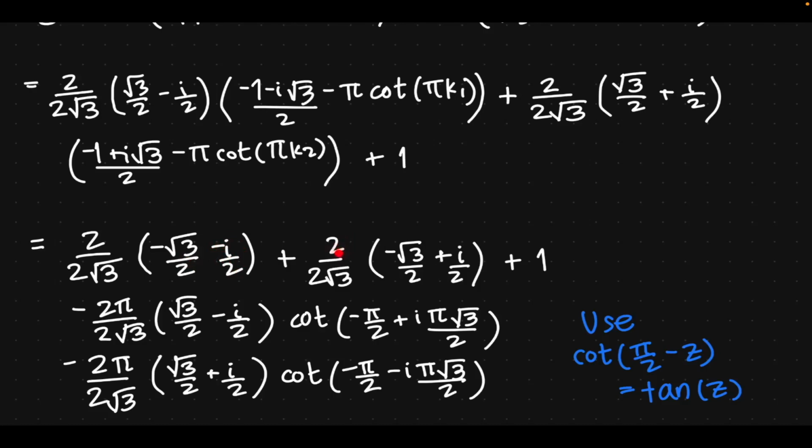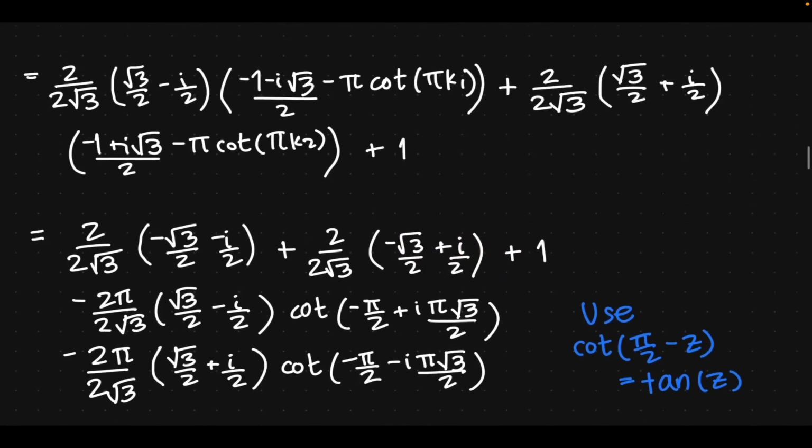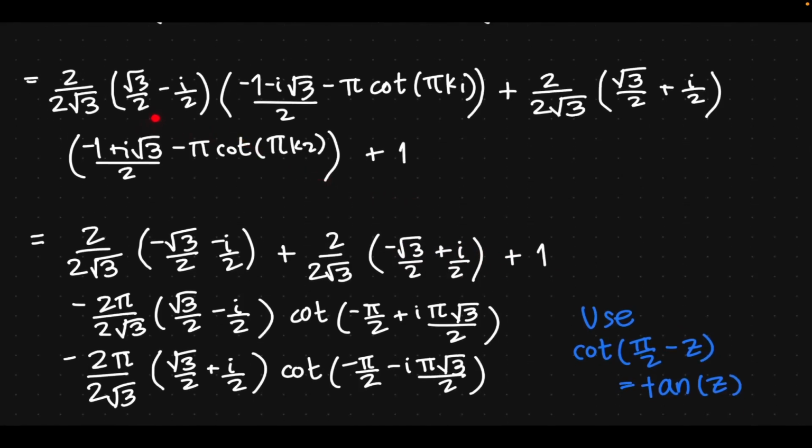And we can do that with the other term in the second cotangent. So which means this term in the bracket with this first term with the cotangent. So we have 2 over 2 square root 3 minus square root 3 over 2 plus I over 2 plus 1. And then write the multiplication with the cotangent, so that we have this external bracket multiplying with the cotangent. So we have minus 2 pi over 2 square root 3 in bracket square root 3 over 2 minus I